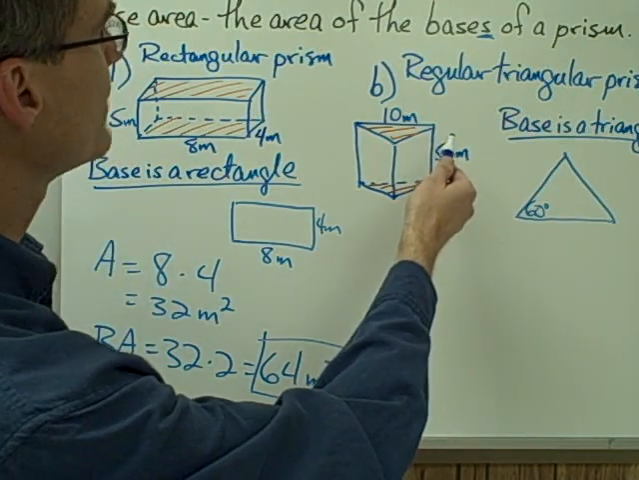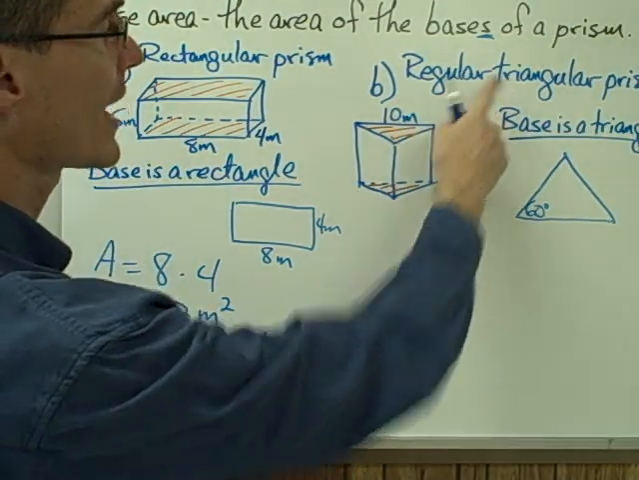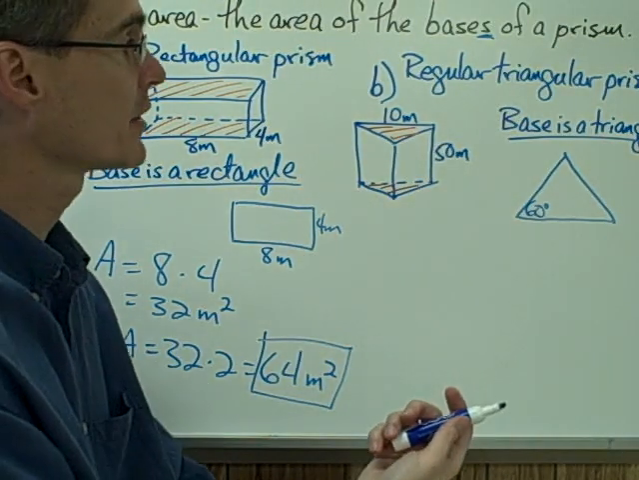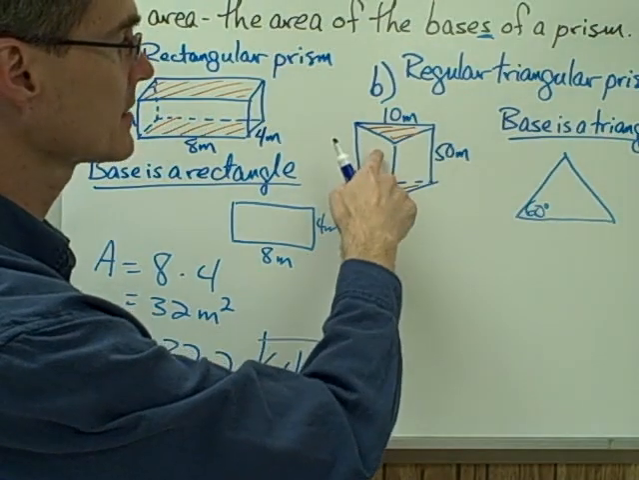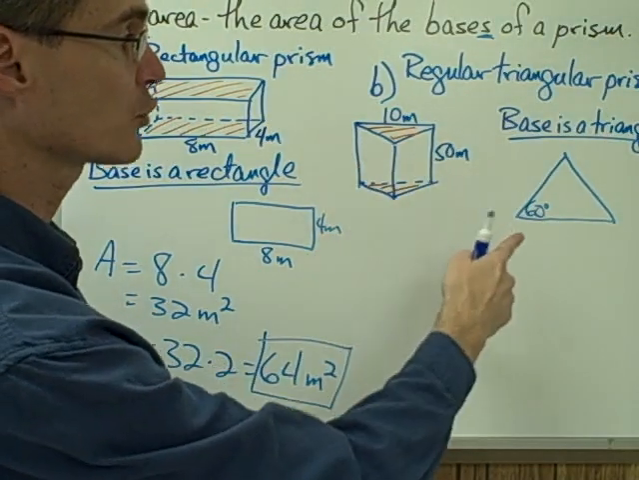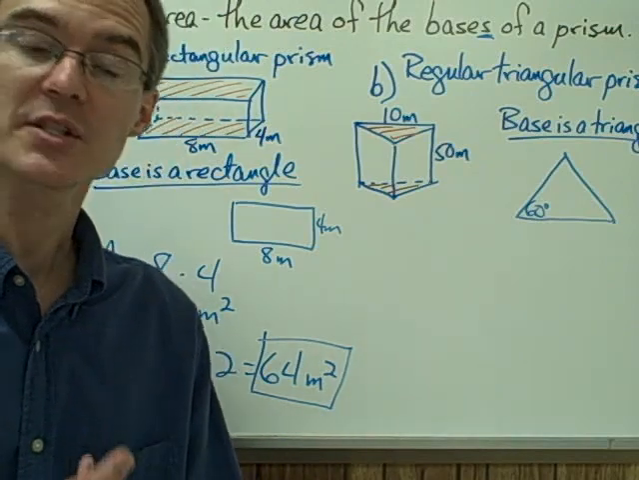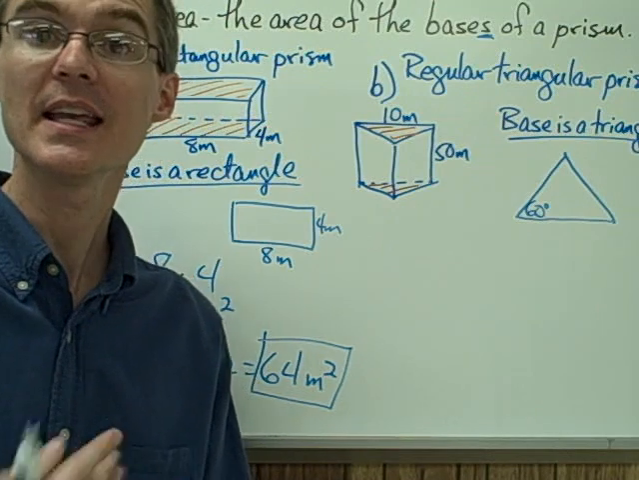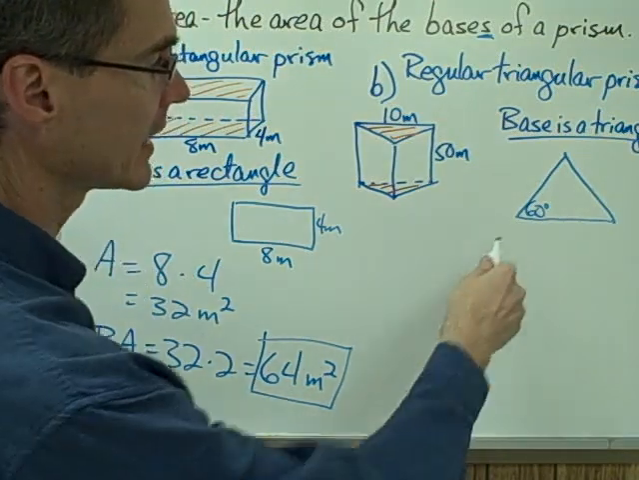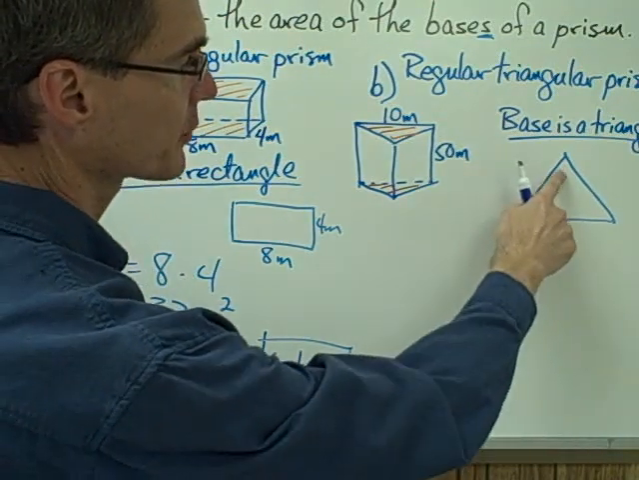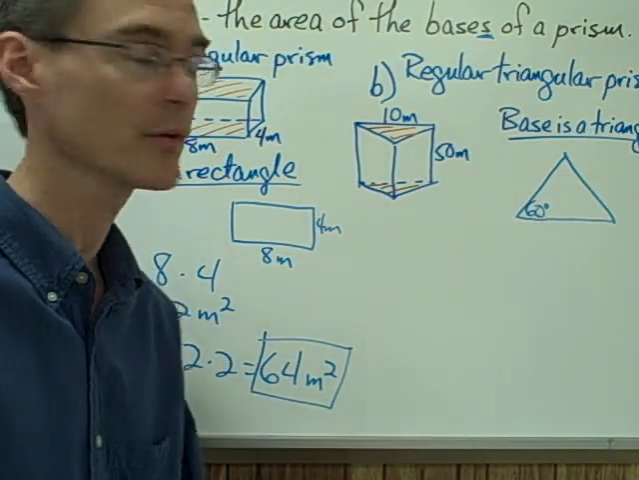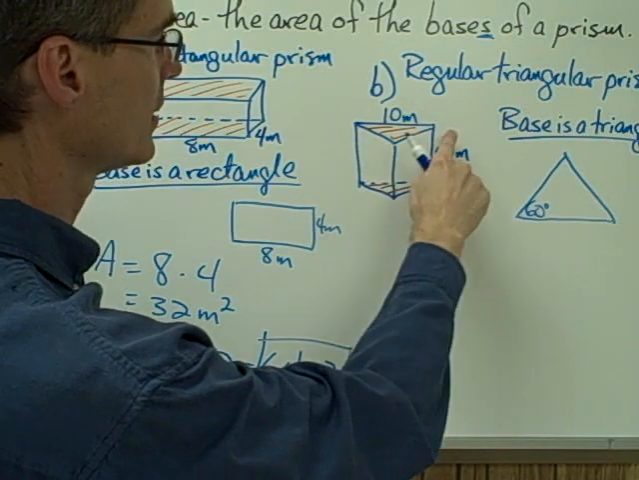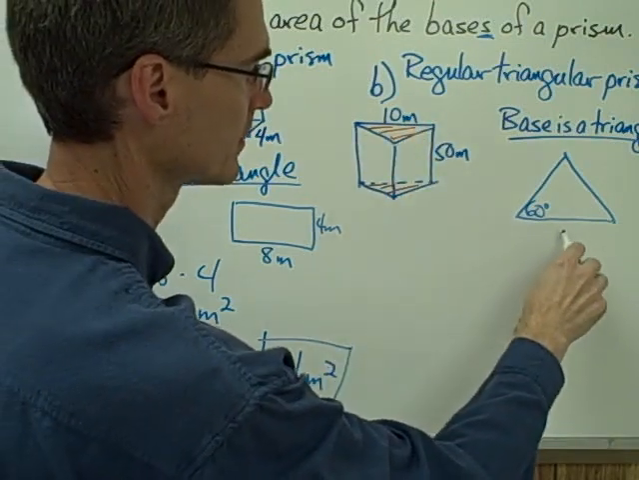Now let's calculate the base area of a regular triangular prism, which is shown right here. So again, the first thing I want to note is that the shape of my base for a regular triangular prism is a triangle. Not only is it a triangle, but it's a special type of triangle. Since it's a regular triangle, that means it's equilateral and equiangular. Well, an equilateral triangle has all three of its angles equal to 60 degrees, which means that not only do I know what the length of my triangle is, it's 10 meters,